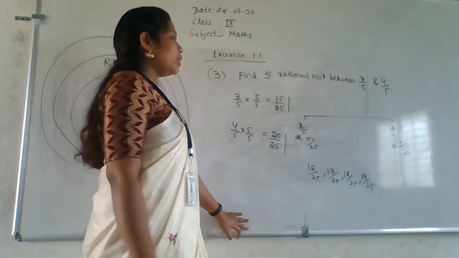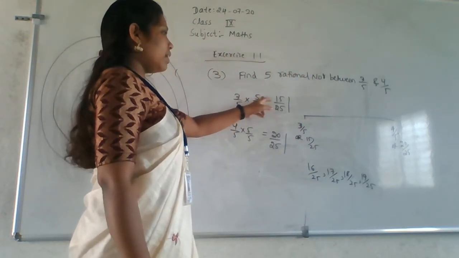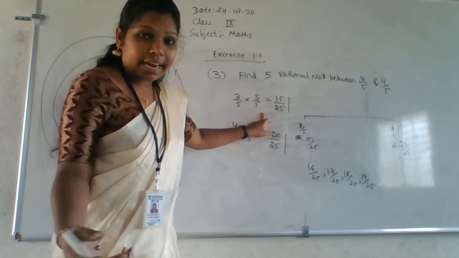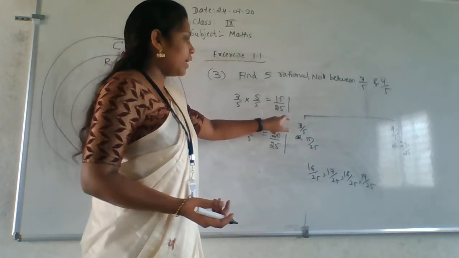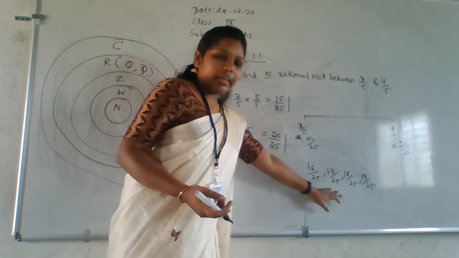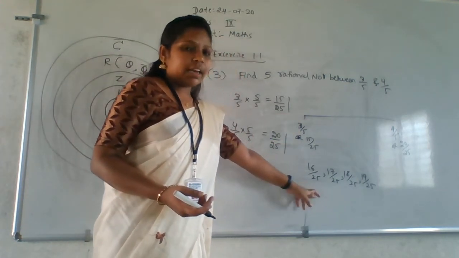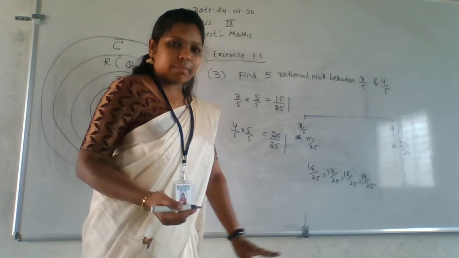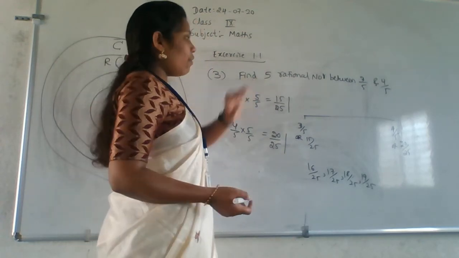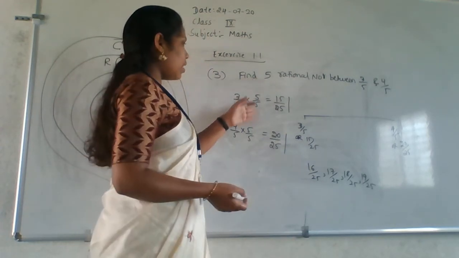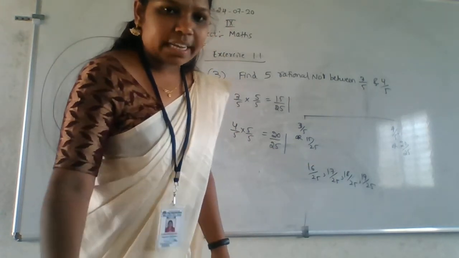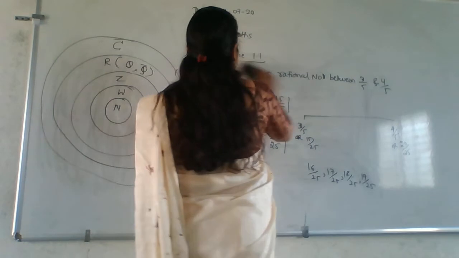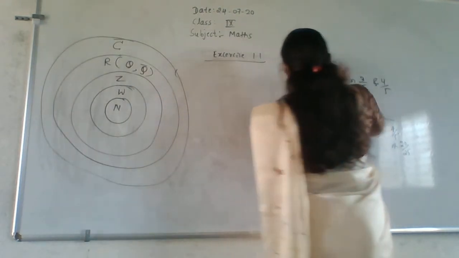Then what do we have to do here? Again we have to multiply with the larger number. That's why I told you, the larger the number you take, the more rational numbers you will get. Here we only get 4 rational numbers, but they asked for 5 rational numbers. So multiply with another value, then write the rational numbers. Next we'll move on to the next question, that is the fourth one.